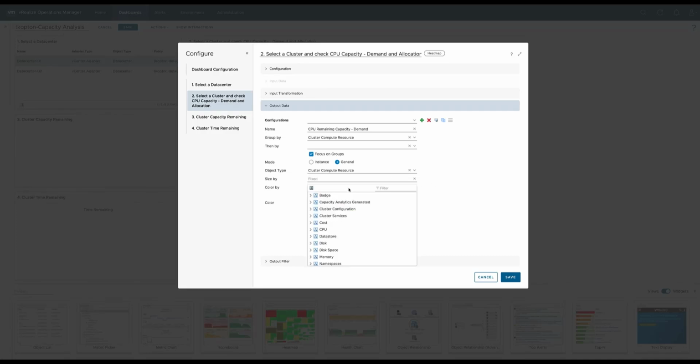In our example, we set the size by value to be fixed, so every cluster in the selected data center will have the same size in a heatmap presentation, and the color for every cluster will be determined using the demand capacity remaining metric. Now we adjust the color for the minimum and the maximum value, and as the unit for CPU remaining capacity in the demand model is MHz, we need to adjust the maximum value to something meaningful